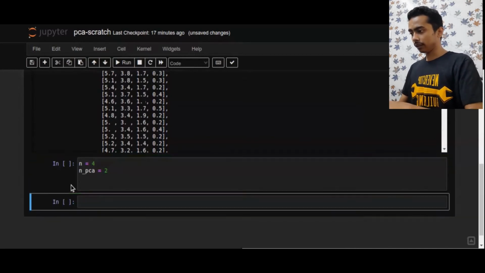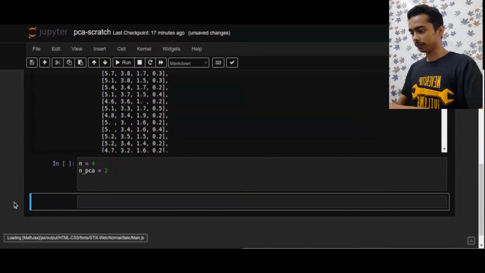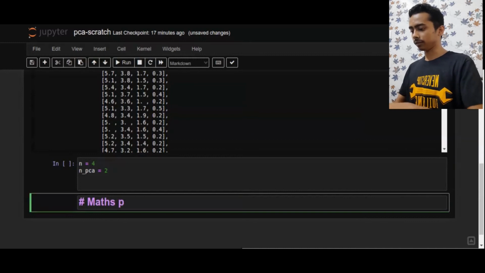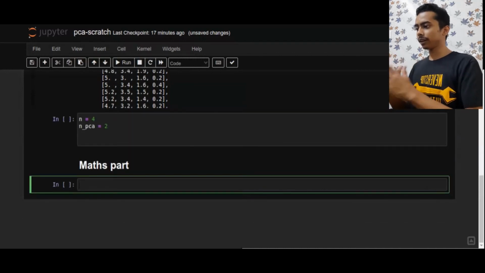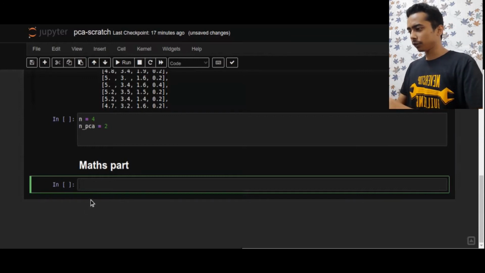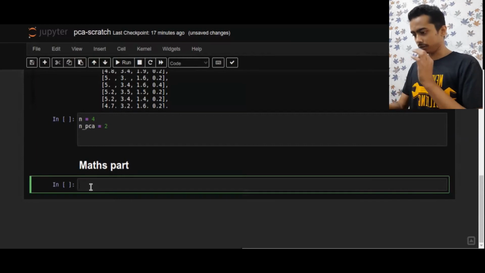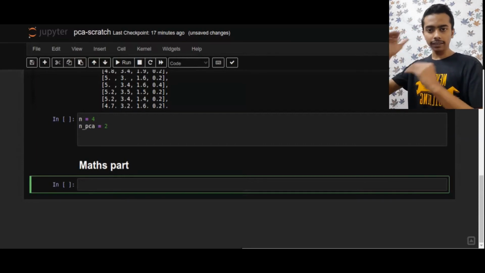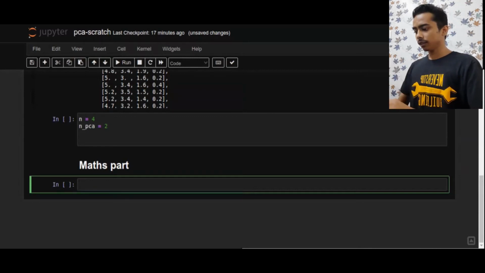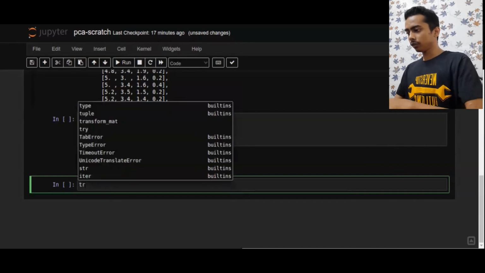Let's get another cell and name it maths part. Because this was the normal coding part, where we loaded all the stuff. Now we are going to do the important steps here. Try to understand. I have an X, that is a matrix, basically a NumPy array, but a matrix because it is a 2D array. So what we're going to do is transform